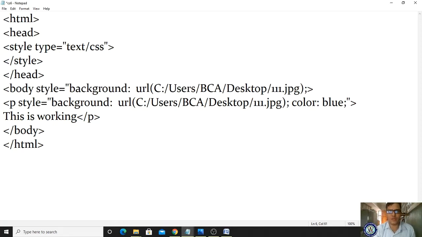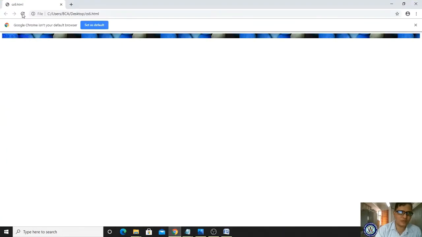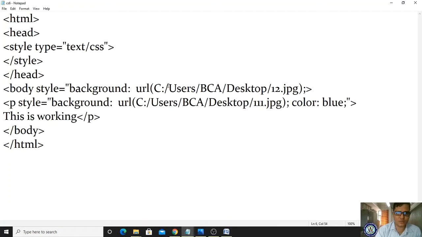Now let me make it with 12.jpg. Let me see what will happen. Okay, the 12 file exists. Let me save it and come here. Let me refresh. This is not working because please observe here, it should be a forward slash, not a backward slash.